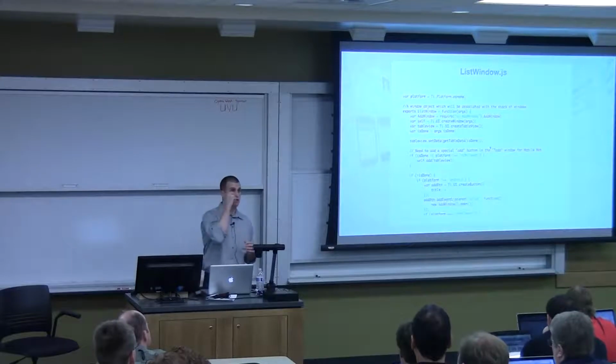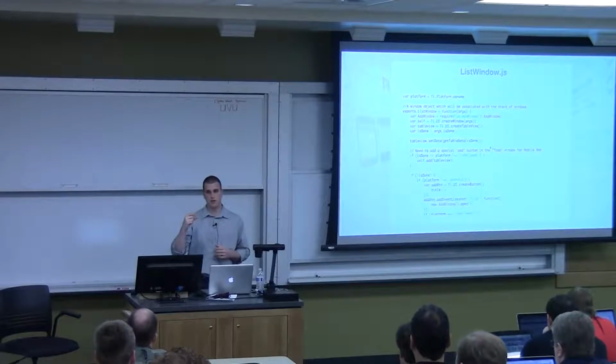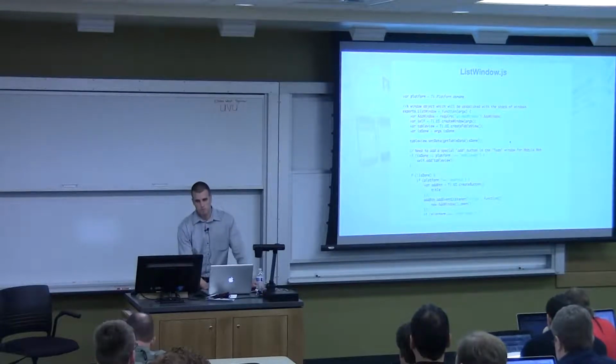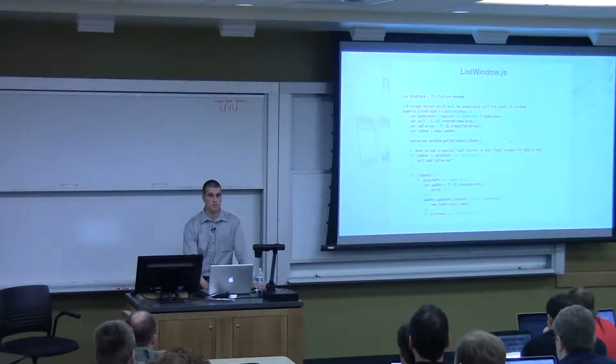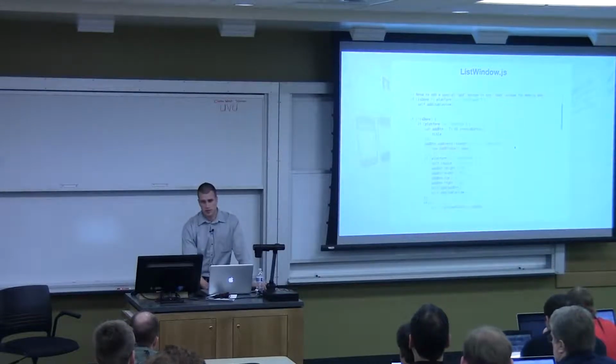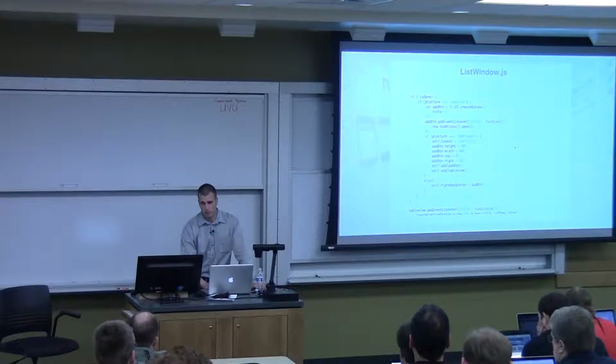That's our list of the tasks that we need to do, and then the other list of the ones that we've already done. Are you all familiar with JavaScript? Anybody not? Okay. So this is pretty easy to read. It's a lot of just basic